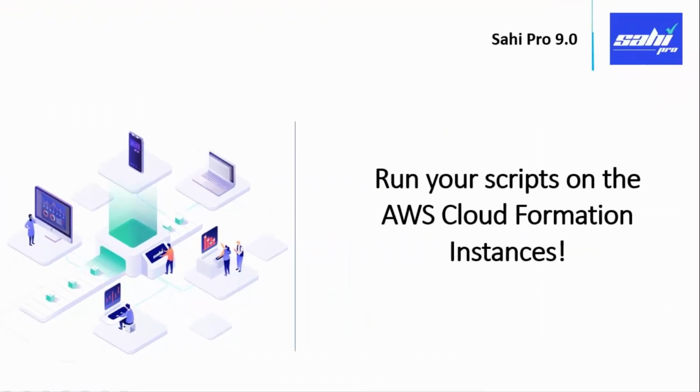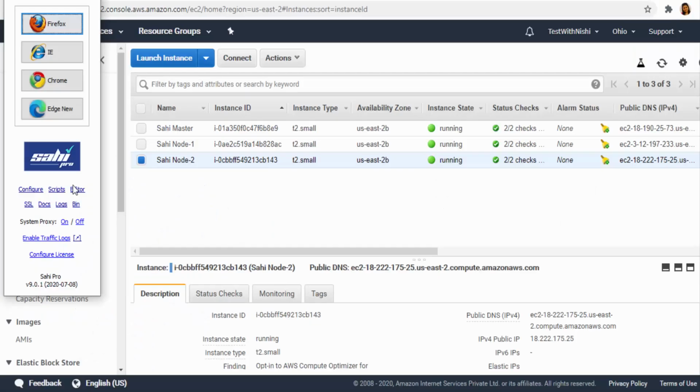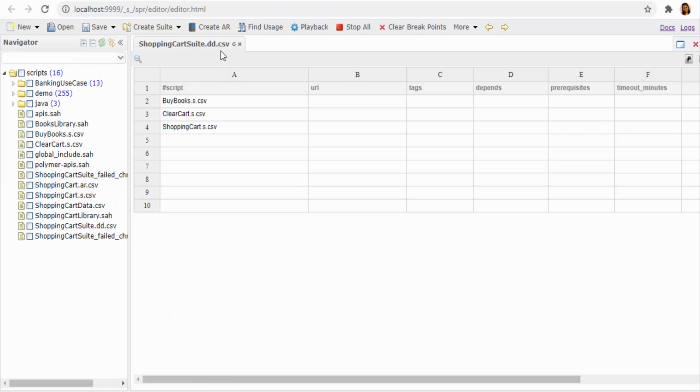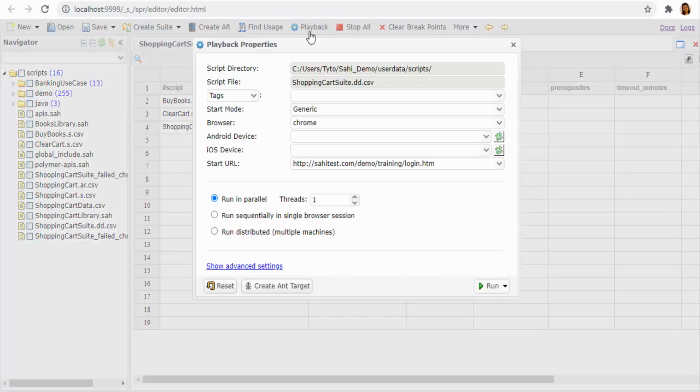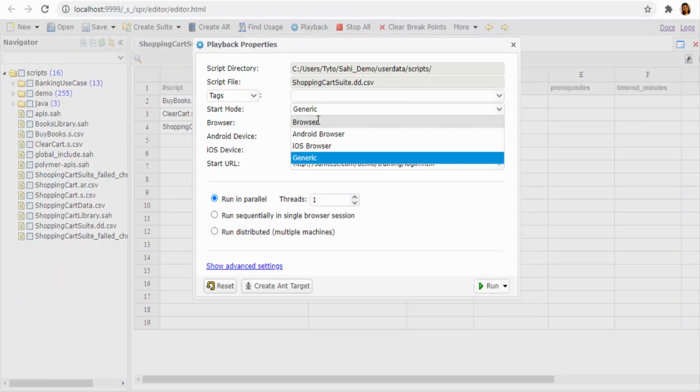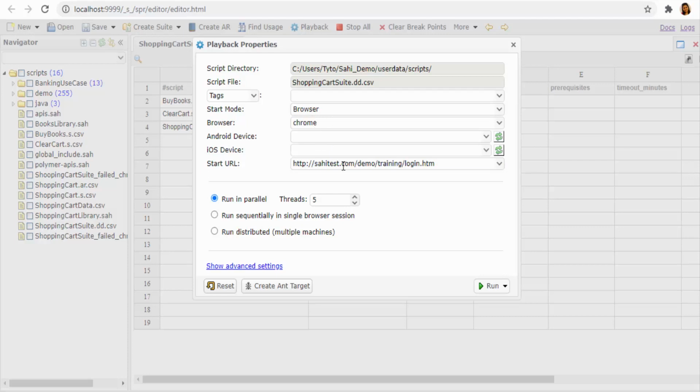All you need to do now is to execute your scripts on these instances. Launch Sahi Pro, open your test suite and click Playback. Select Distributed Run.